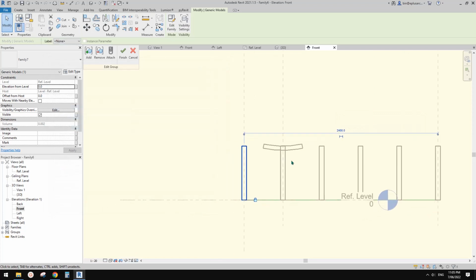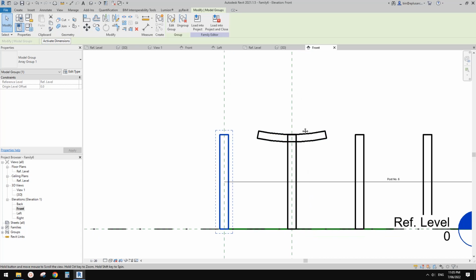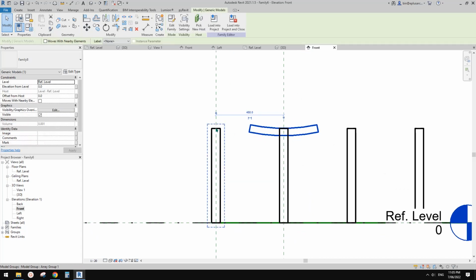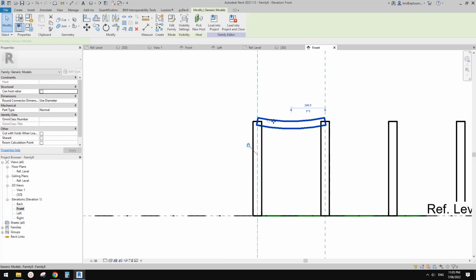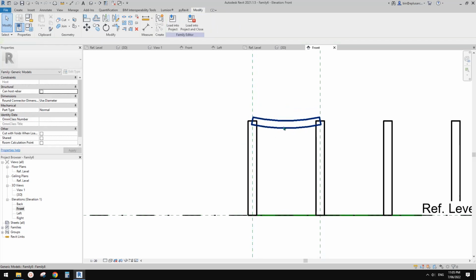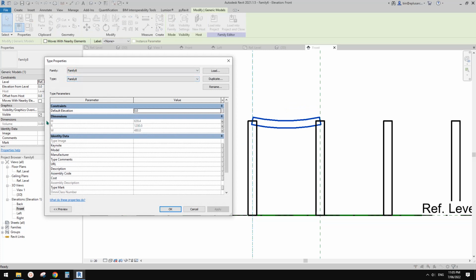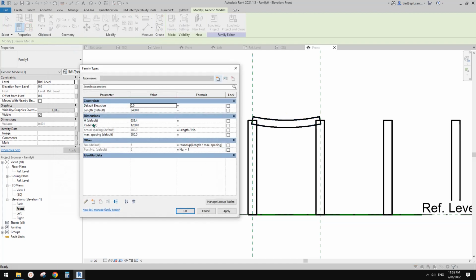Okay, so now let's have a look. Oh, actually, it looks like this row, if this is a row, it needs to be, I'll just do align this to this end, lock. So we see it's too high actually. Maybe let's make this lower. So we can go edit type. So see, currently its height equals the height setting, which is in this family types. So this one, if I type in 900,